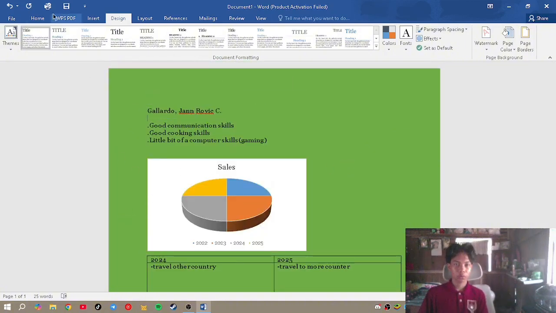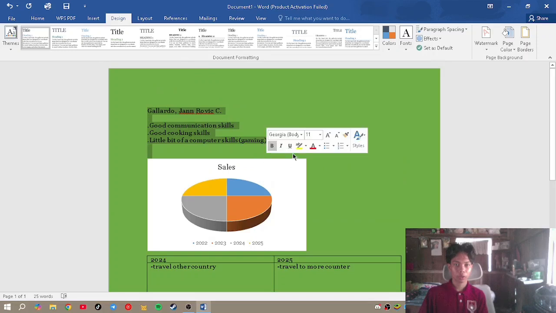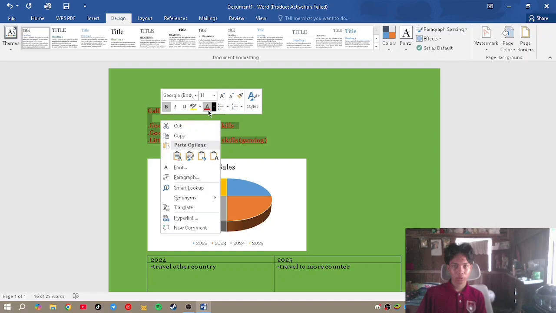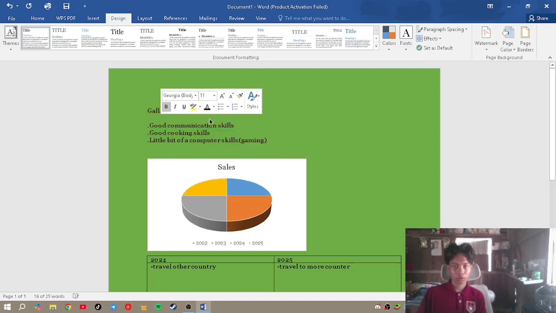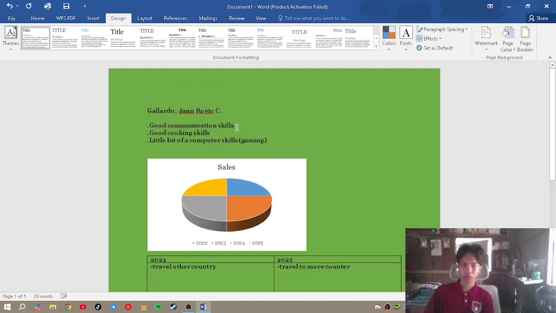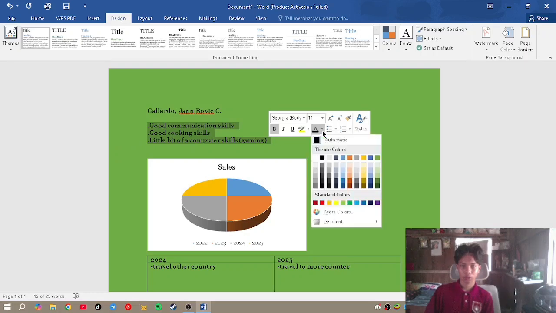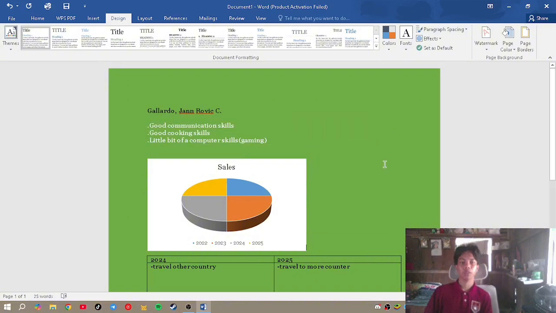So if you want to just simply highlight all of that, and let's say use this, you can change the color of a specific word. Okay. Let's say if you want to change just this, not the title, you can use this, and let's say color white, something like that, guys.